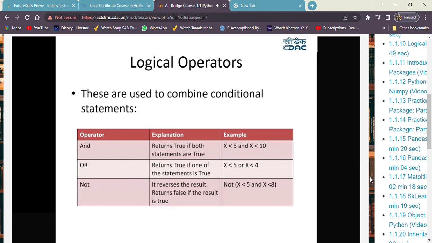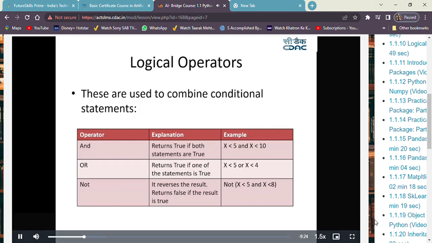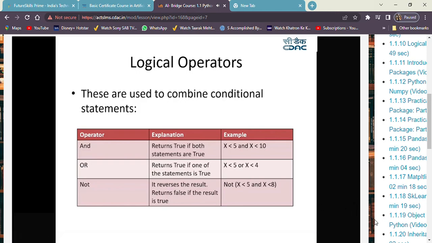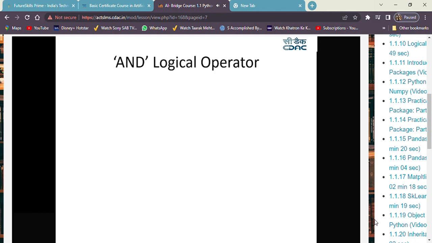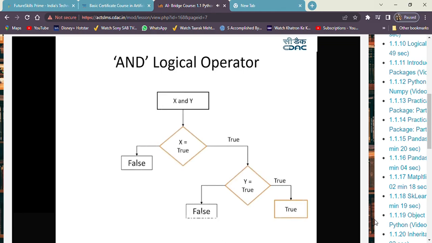Now, having a brief understanding of these three kinds of operators, let us go ahead and look into each and every operator in depth. Moving into this particular AND logical operator, let us understand how it works. Let's assume that you have x and y. The AND logical operator says that if both statements are true, then it returns the value as true. If any one of the statements is false, then it doesn't return true, instead it returns